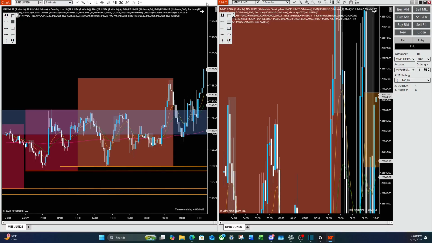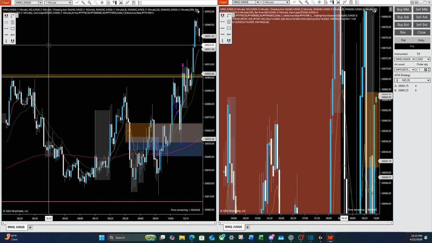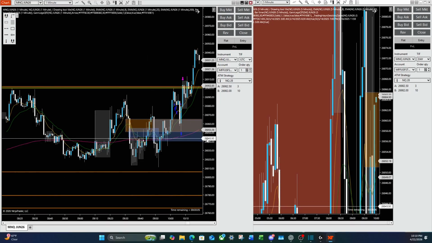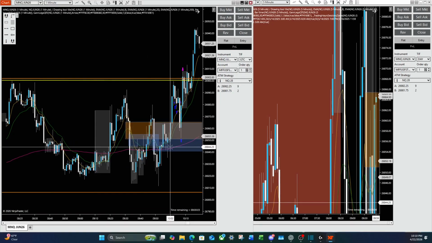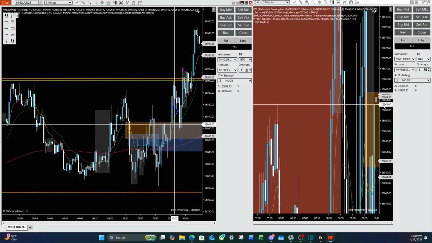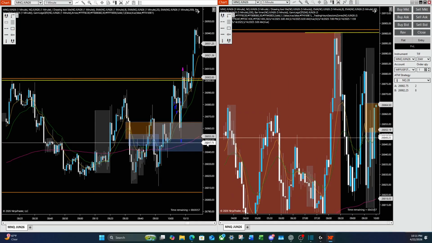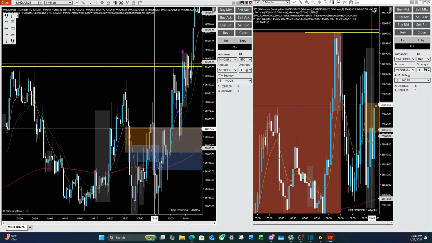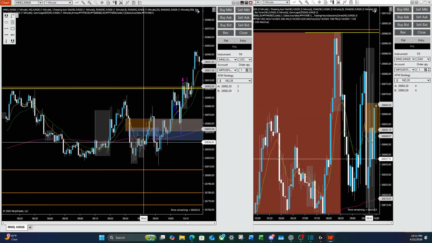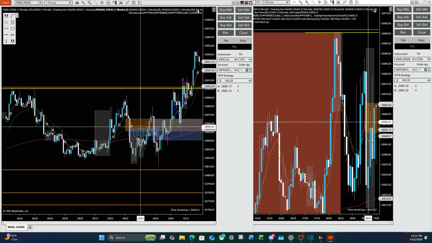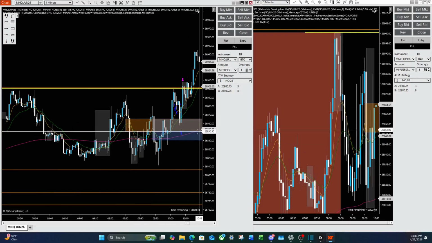Let me pull up the chart. So ES is full bullish. So at this point, all eyes are on MNQ. You can see on this candle close here, this 10 o'clock candle, we barely didn't inverse this fair value gap, and we barely didn't inverse this 1-minute fair value gap. Let me draw this 1-minute fair value gap.